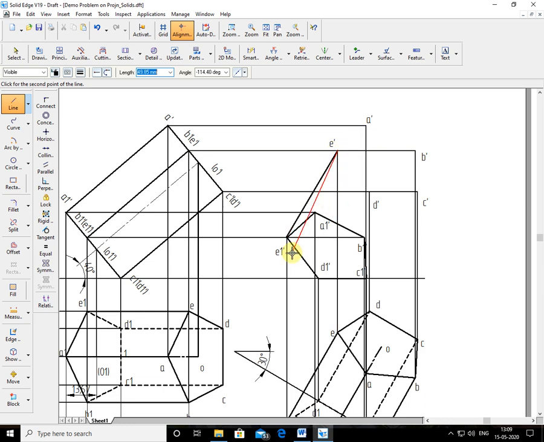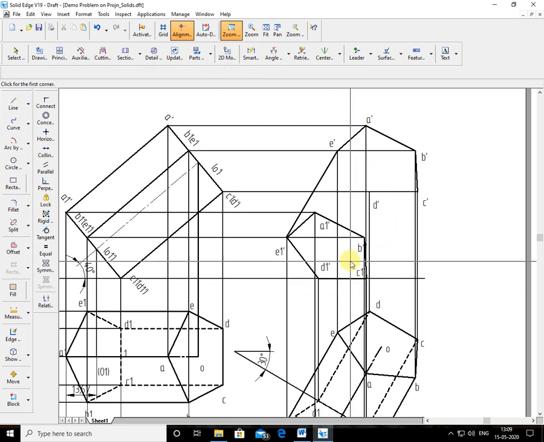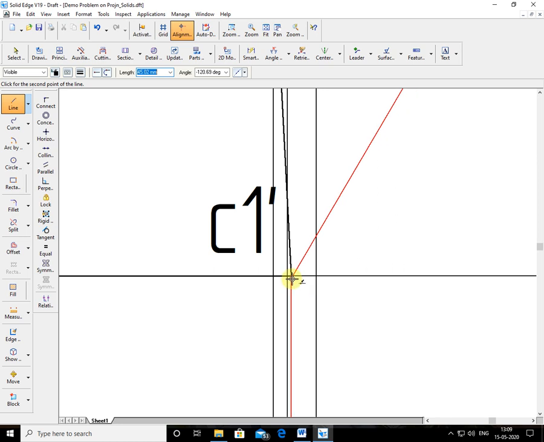See, there are so many lines here. That's why I'm projecting this. I'm zooming it. I'm getting this point. Okay, now I'll again fit. Again I'll zoom this. Now you have joined the borders. Now after joining borders, how many points are coming inside this A1 dash and B1 dash and